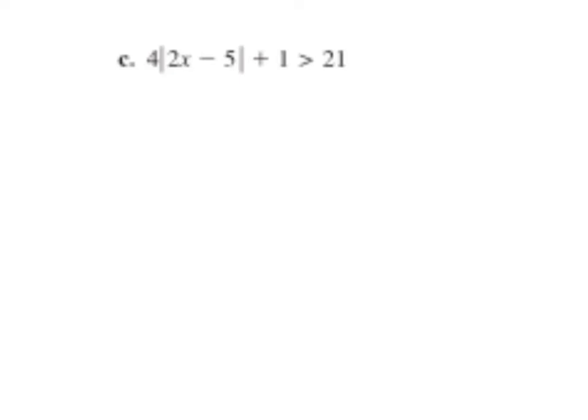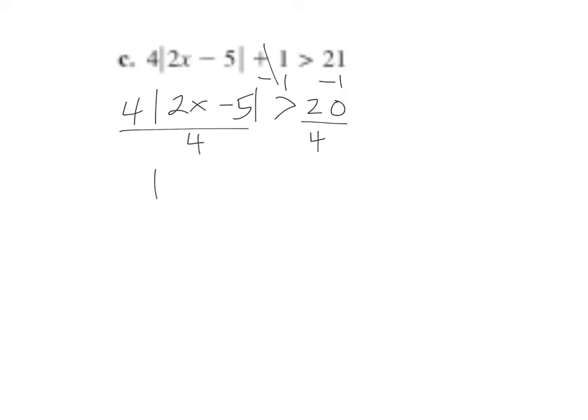Alright guys, I'm going to go over the one that I messed up yesterday really quick. So on this one I got a -1 from both sides, and this is what I forgot to do. I'd have 4 absolute value of 2x minus 5 is greater than 20. Then I would divide both sides by 4. That would give me the absolute value of 2x minus 5